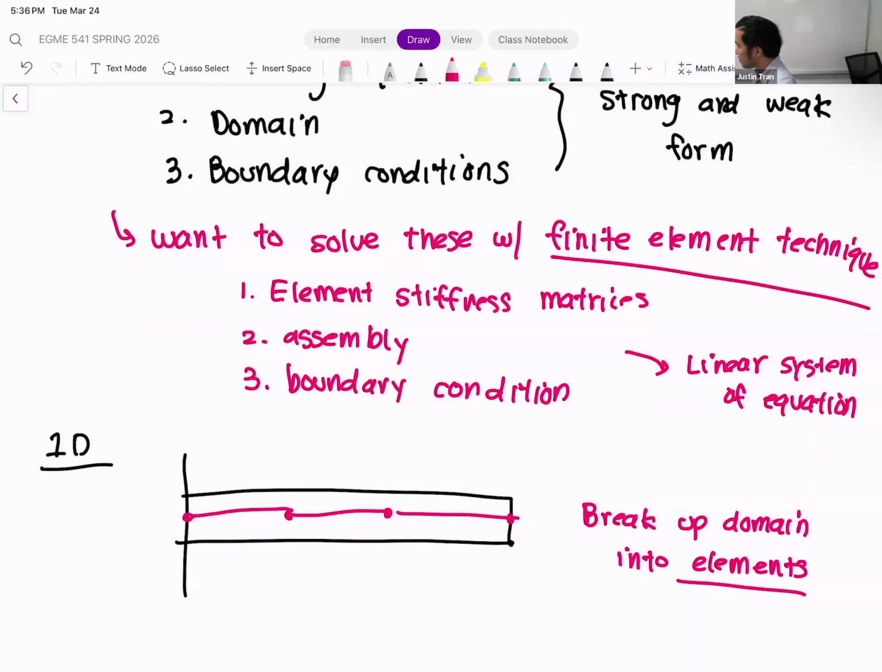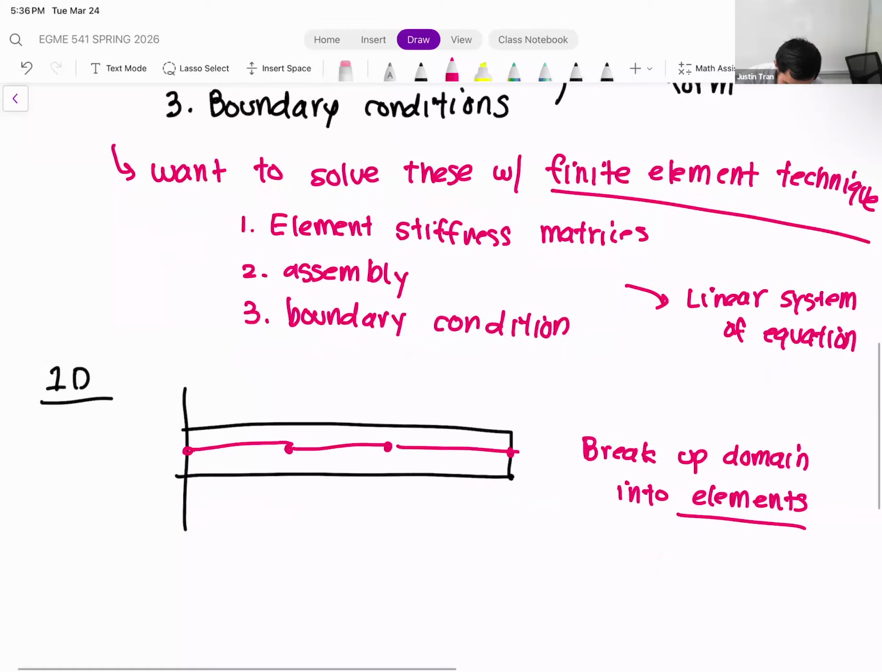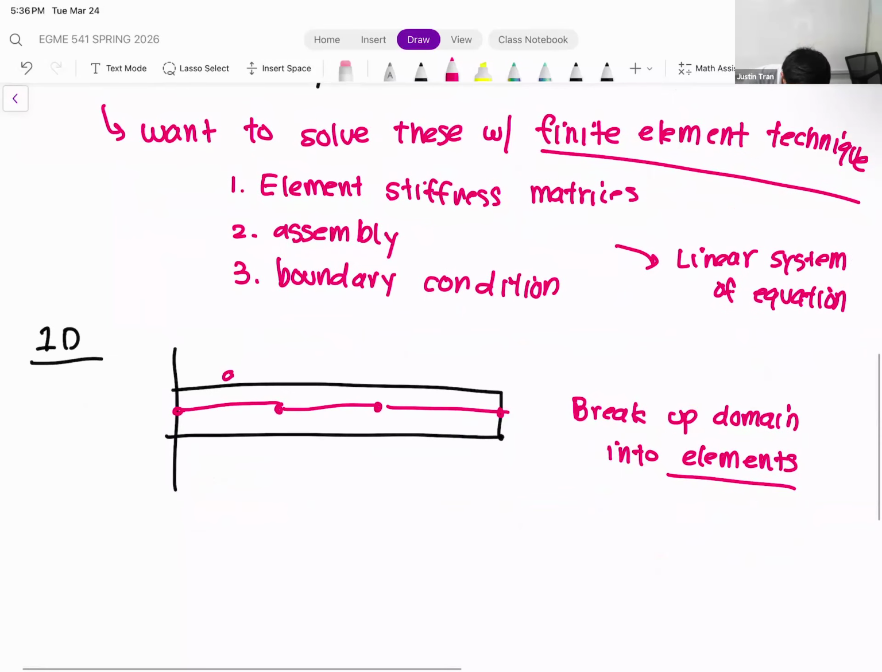You can have a lot of elements. You can have only two elements. Technically, you can have just one element, where each element is going to have its own element stiffness matrix using the methods that we're going to talk about today. So element A, element B. In this case, we have three elements, right? Each element